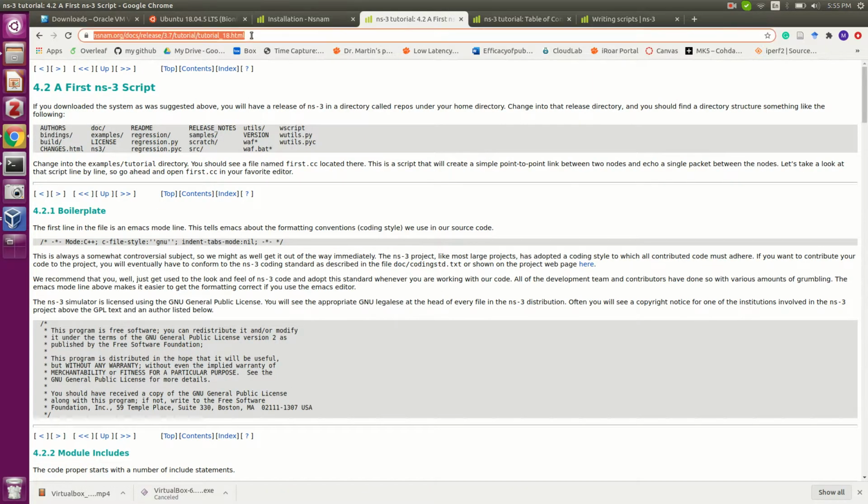If you can copy the URL from here, let me know if you can't do that, so I can share that URL with the class later. But you should read this and look at the code and try to run it. You can even try to modify the code, so instead of 1 packet you send 2 packets or 3 packets or 10 packets and see how that behaves.